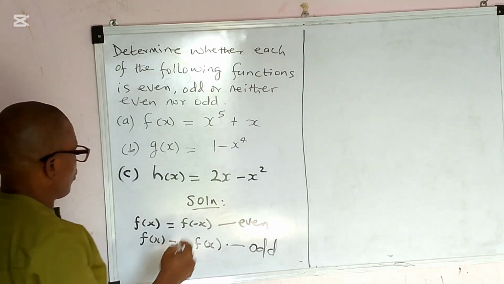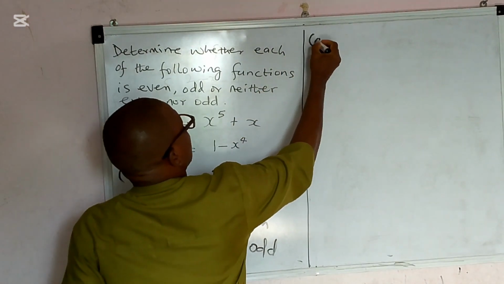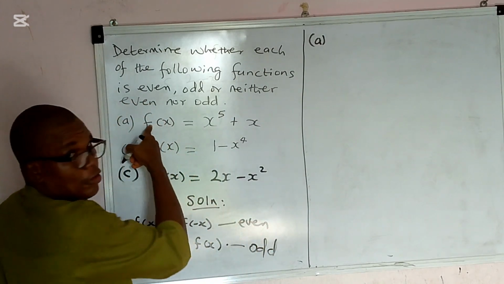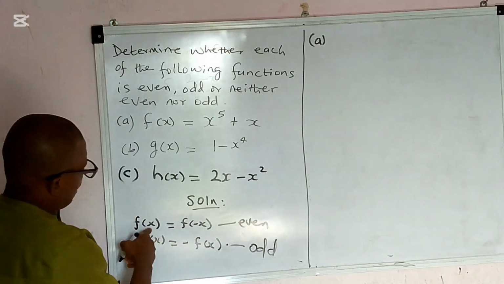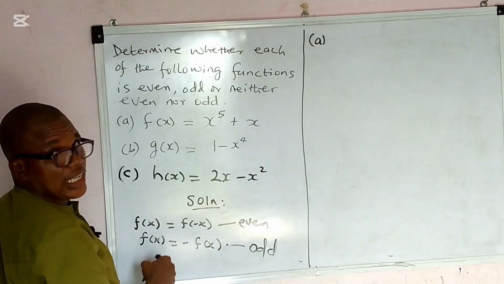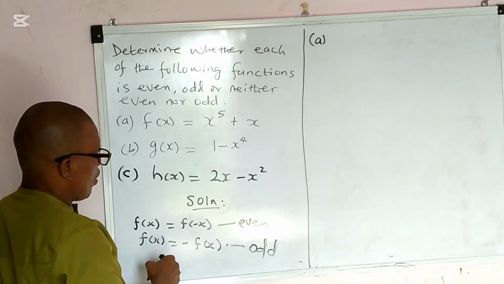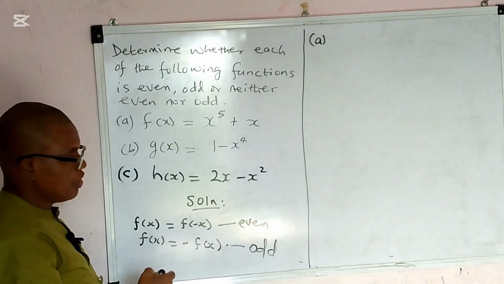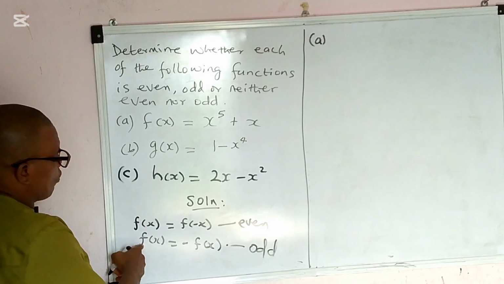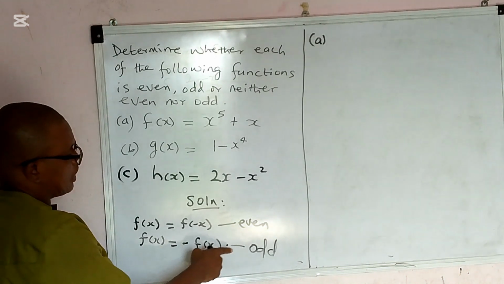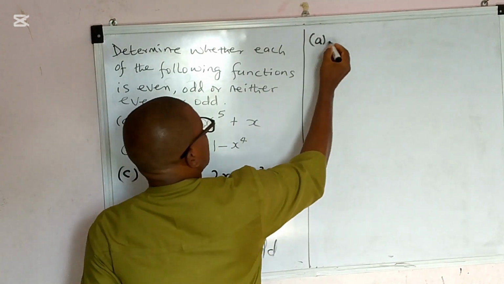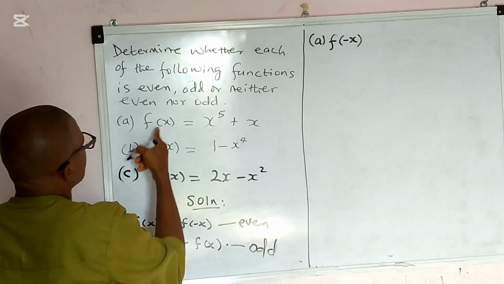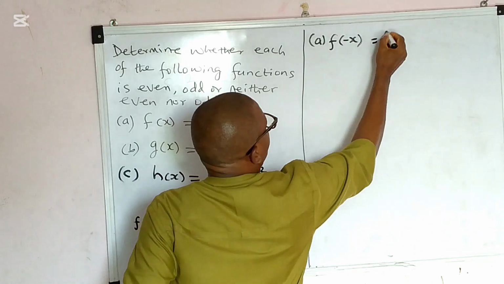So let's take the first function, part a, which is f of x. We want to find out whether f of x is exactly f of minus x. If that is the case, then we say that this function is even. But if we have that f of x is equal to minus f of x, then we say that it's odd. Let's proceed. F of minus x, if you put it here, this will be equal to